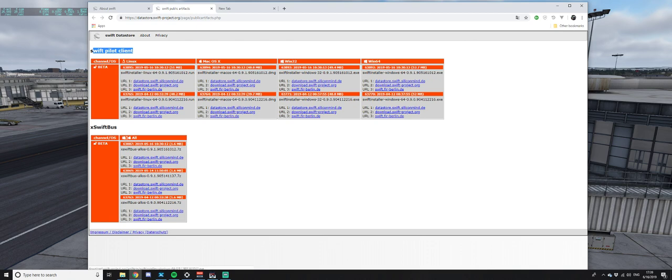So what you'll want to do is start with downloading the latest version, which for me, I downloaded 0.9.2, the 64-bit version because I'm on Windows 64. You don't need to download the X-Swift bus. It will actually do that for you automatically. So you'll go ahead and download this,